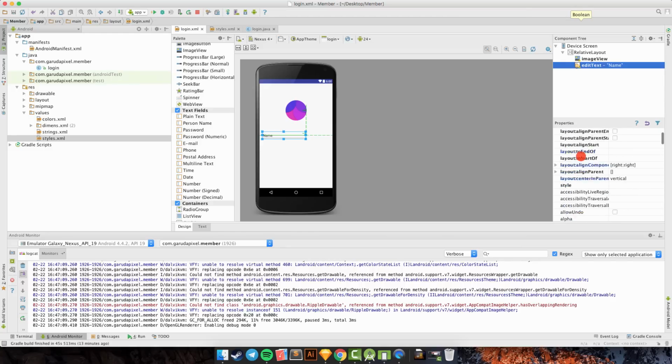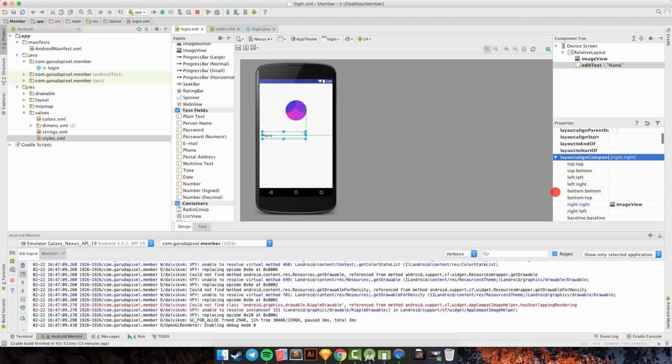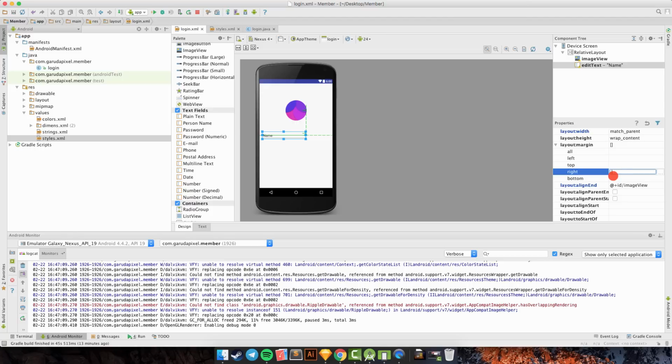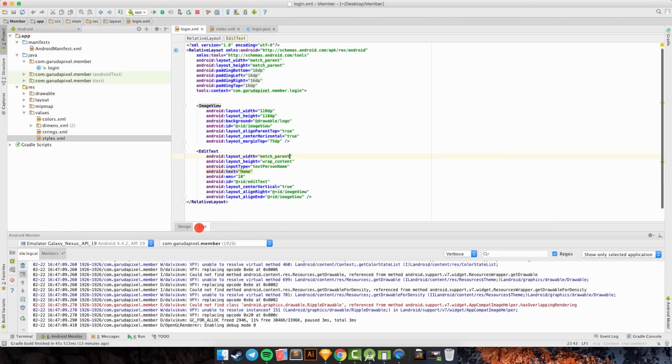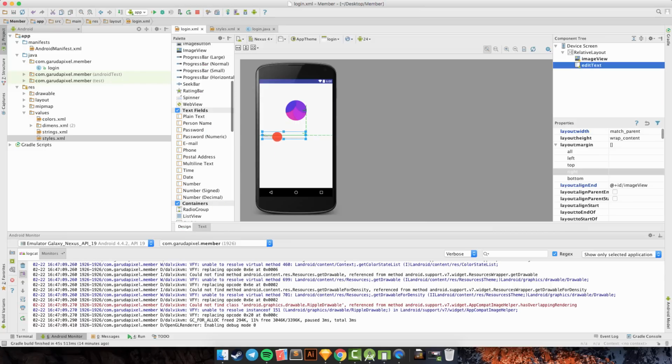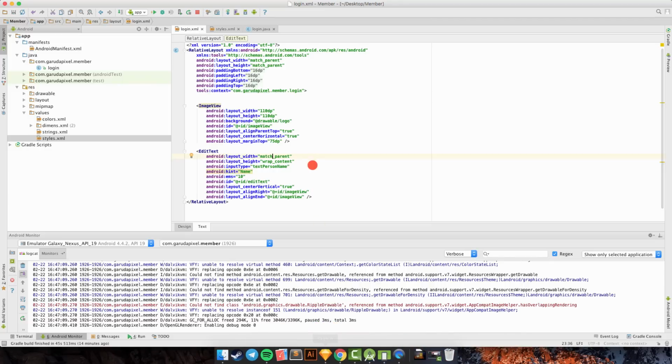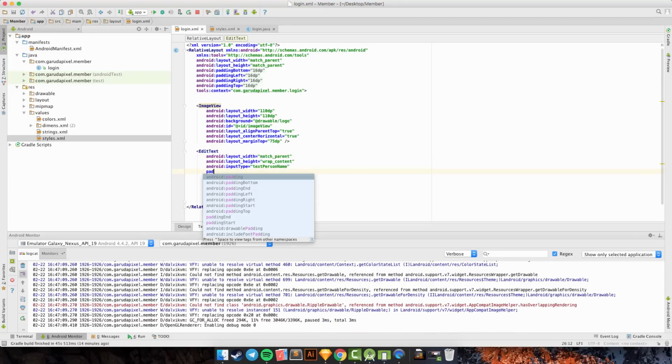I want to make this layout white. Oh no, okay, we need to change the name first, so I will remove the text here. Sorry, I will change the text to Hein. It looks like a placeholder in a website. And then we need the padding bottom, it's 20 dp.